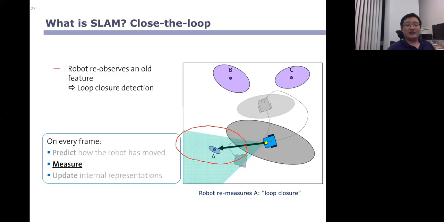this is A, right? You have seen A before. This is called loop closure detection. Right? We detect the loop closure. That means we move around a circle, go out for a round, and come back to some place I already visited. We detect loop closure. With this loop closure, we know that's exactly your point A. Then you can do what? You can use the previous,